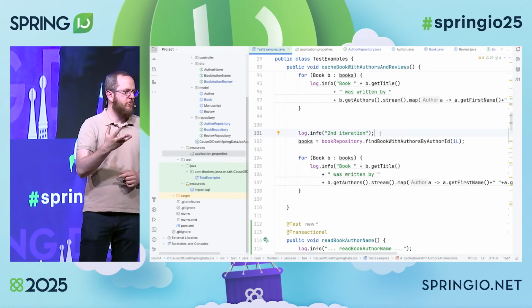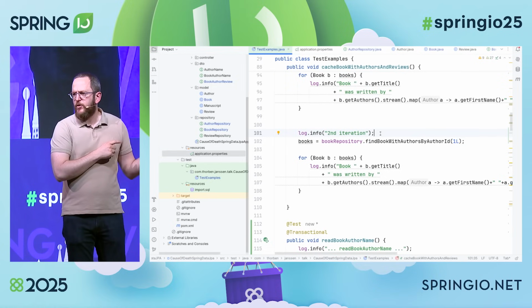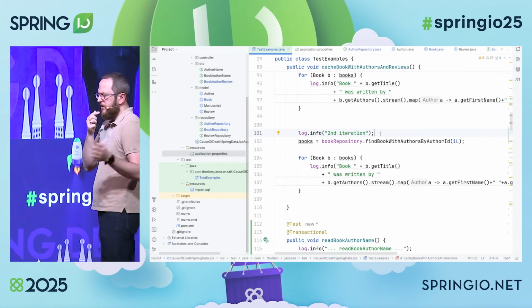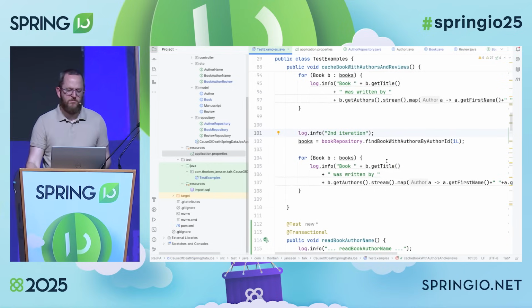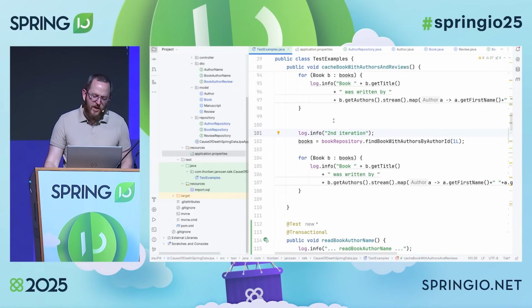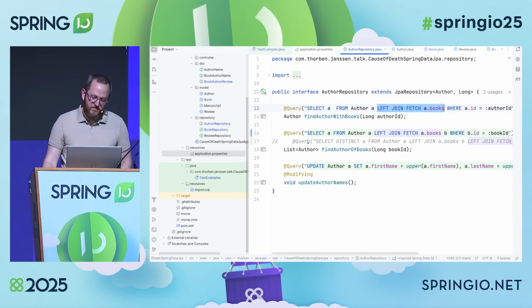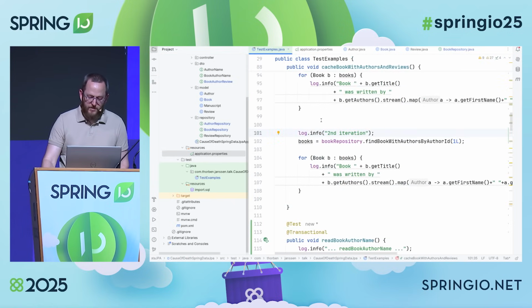Because as soon as you change anything in the data in one of these three tables, Hibernate has no clue if the query result is still valid. And that means you can only use it for basically static data. That makes query caching an interesting feature, but not really the solution to the problem here.